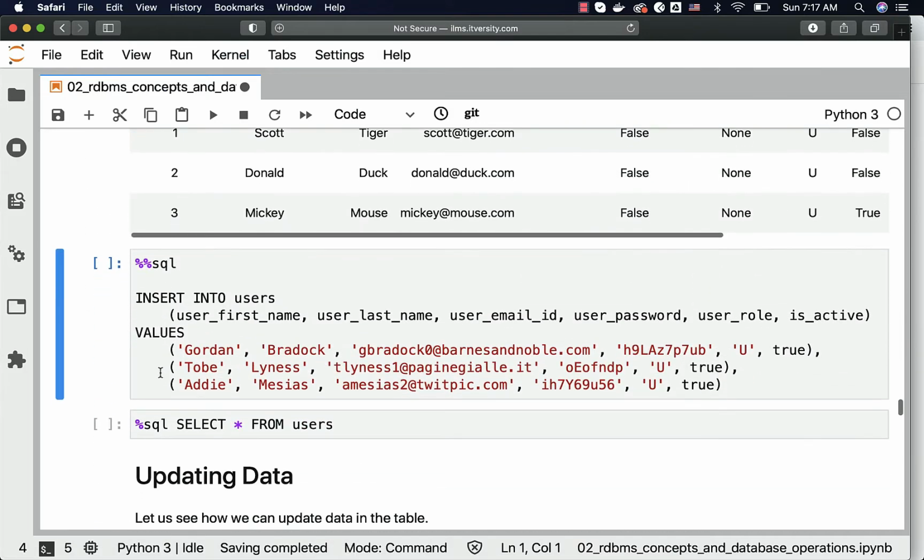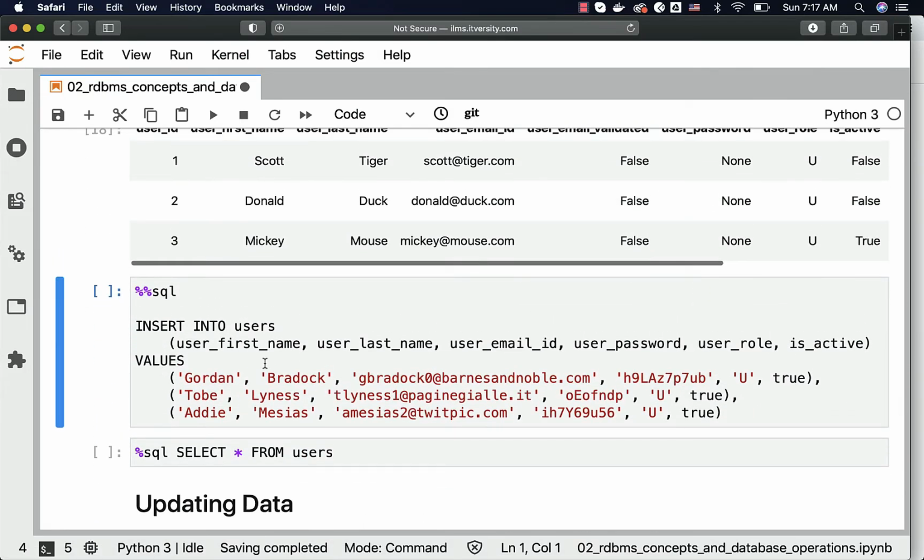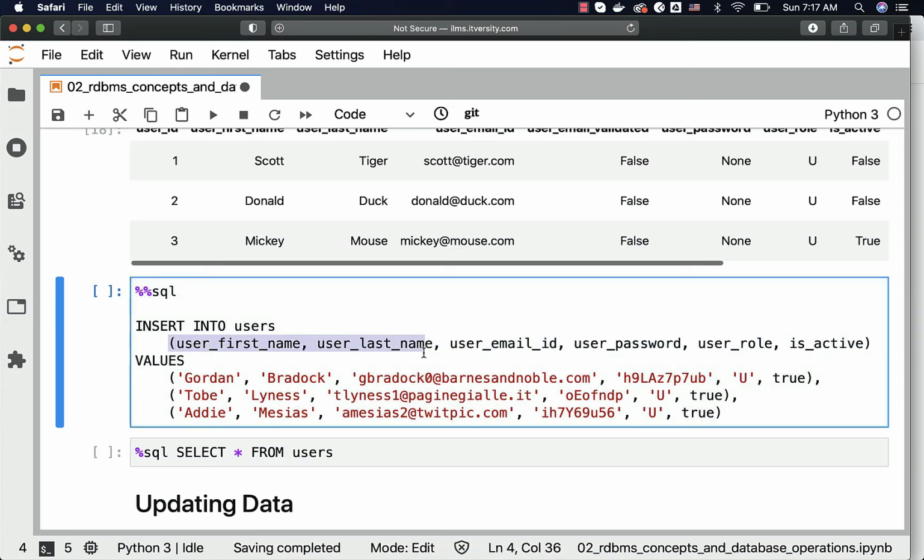You can also insert multiple records as part of one insert statement. You can see here I am saying insert into users, specified columns only once. So user first name, last name, email ID, password, user role, is active. And then as part of the values, I have specified 3 records comma separated. You can see the comma here, which means it will insert 3 records. However, if you have different type of columns or different set of columns for few records and other set of columns for other records, then probably you might have to develop 2 different queries. Each insert will insert all those columns which you are interested in for multiple records.